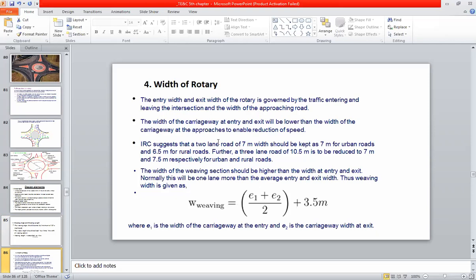As far as possible, this width at the entry and exit should be lower than the width of carriageway at the approach. Why? Because this will enable the reduction of the speed of